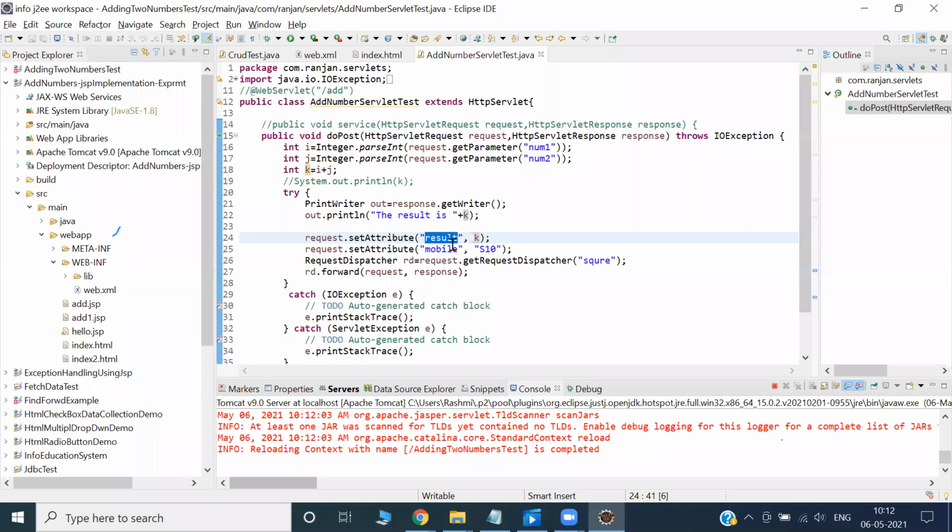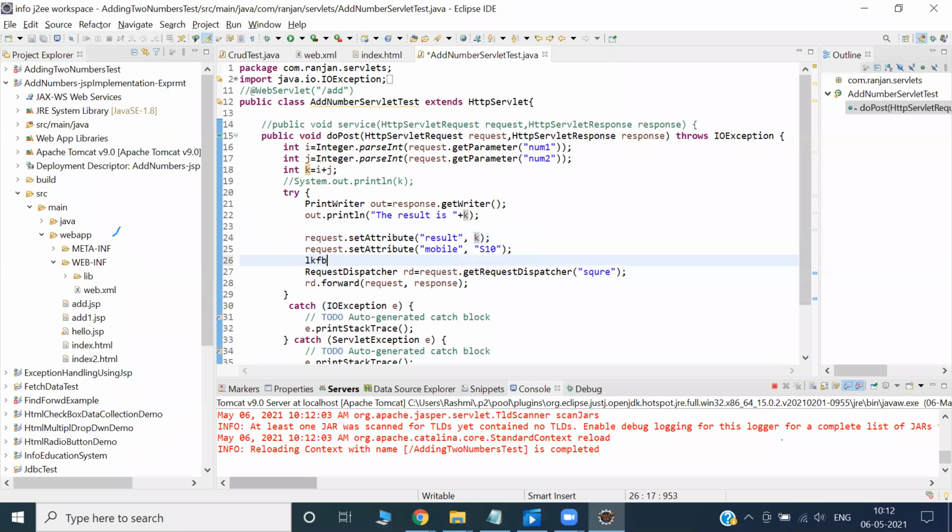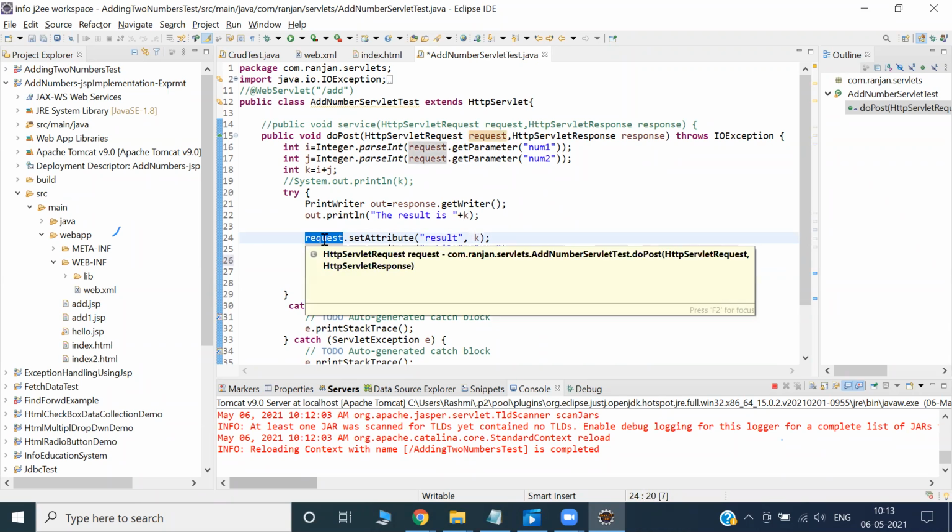Suppose you want to put a mobile, or many things, don't worry, everything will get attached in the request. Now it will transfer from this servlet to another servlet. That other servlet will open the request and collect the data one by one, and he can store the data in his class.